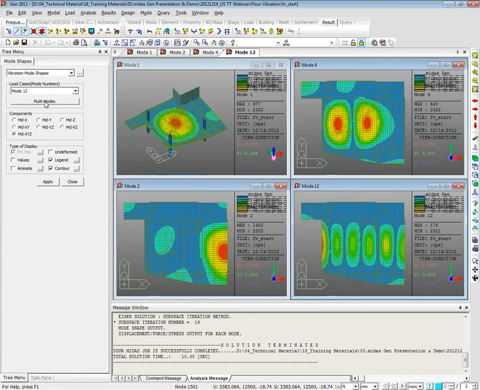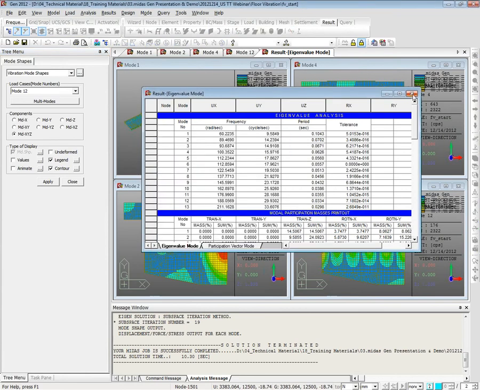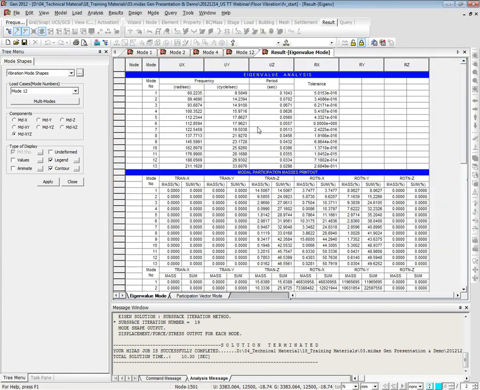And then if we move to the table, we can see more values for the frequency and period. So first mode